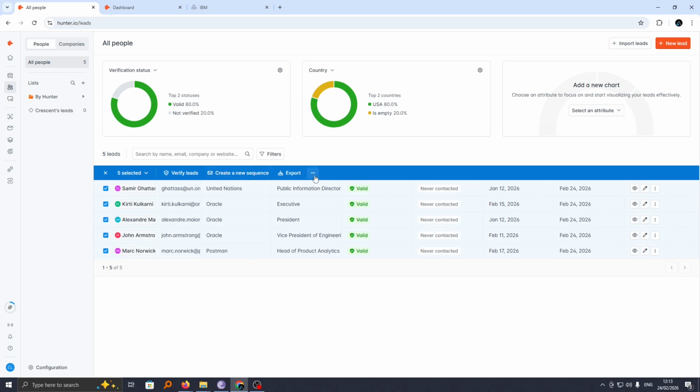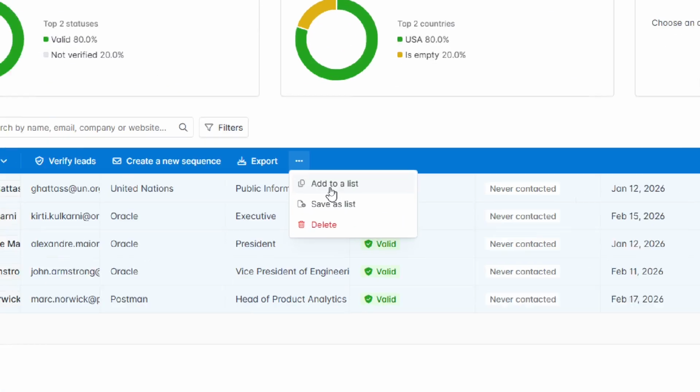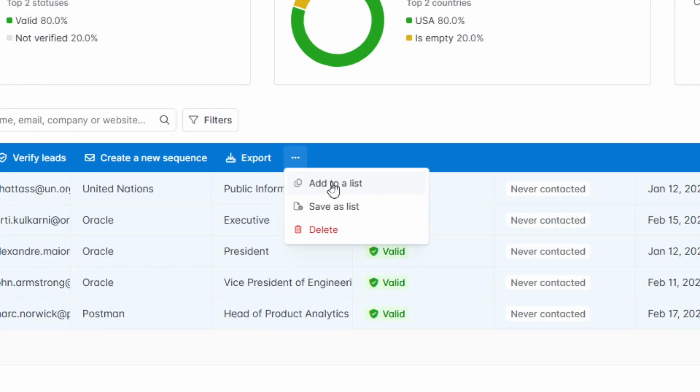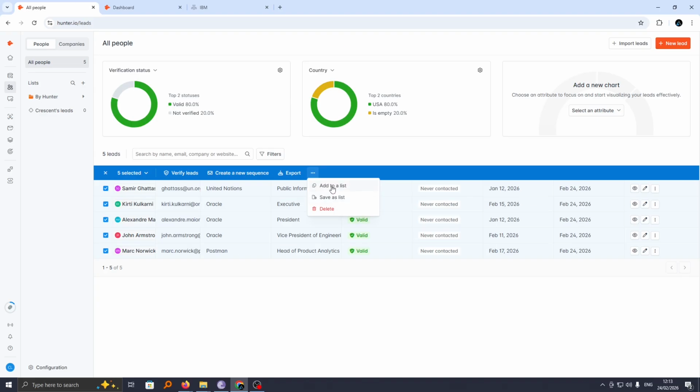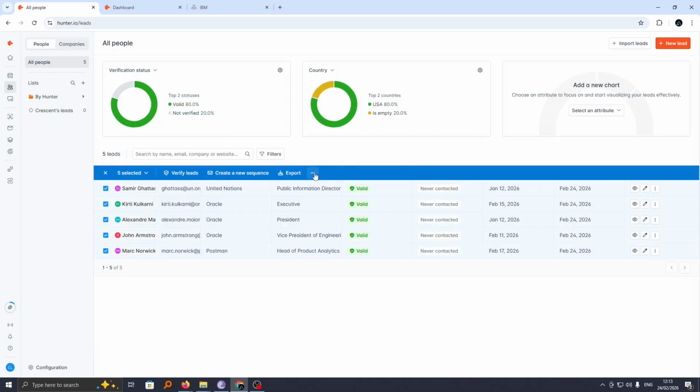Now to add to a list, go ahead and tap on this ellipsis. And here we have two options: add to a list. Choose this if you already have an existing list, or if you want to create a new list, go ahead and choose save as list. So if I choose the first option, it will go ahead and ask me to add this list to this existing list. But for my case, I want to create a new one, so I'll go ahead and choose save